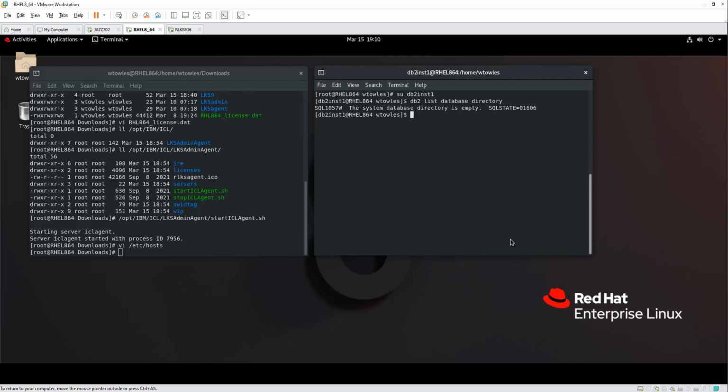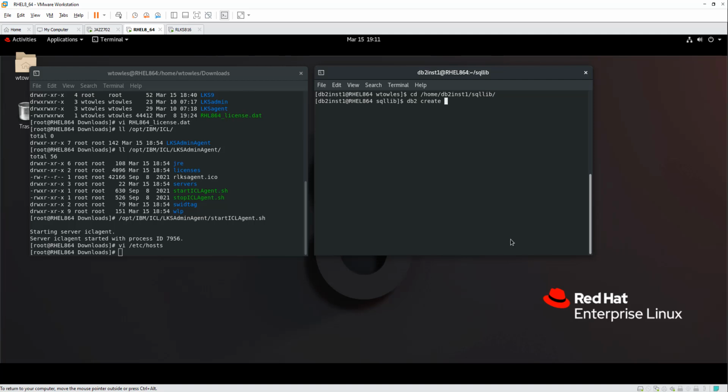It's empty. So we'll create our database by, first of all, changing directory into the DB2 instance 1 home directory, and now we're going to go ahead and run